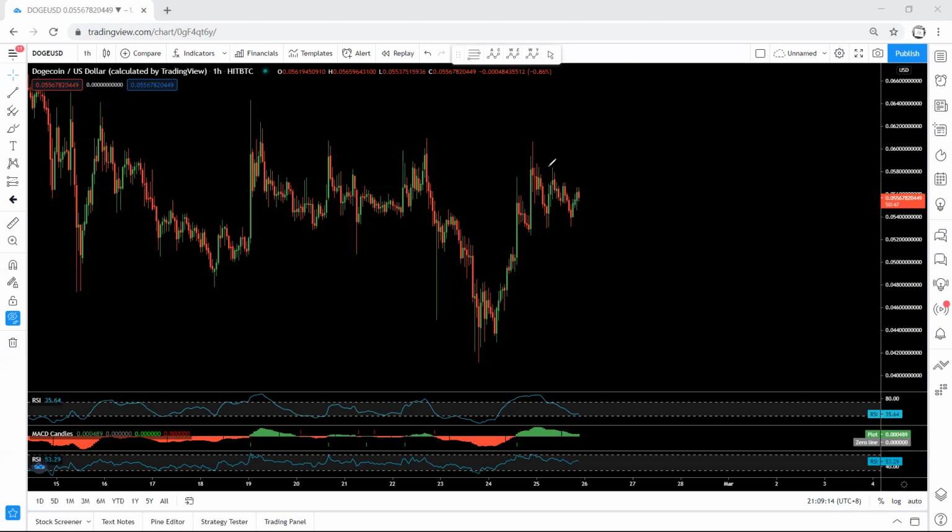By the way, if you're going to have entry above here or here, if the price tags and after 1 or 2 or maximum 3 hours this is not moving, we take out the trade. By the way, it depends on the traders. I think if we put it here it is a bit safer, because this one can still move, tag and reverse. And again, if we want to have entry above, we want the price to tag, break and continue. If we see the way the price is moving is corrective, we are not going to have entry